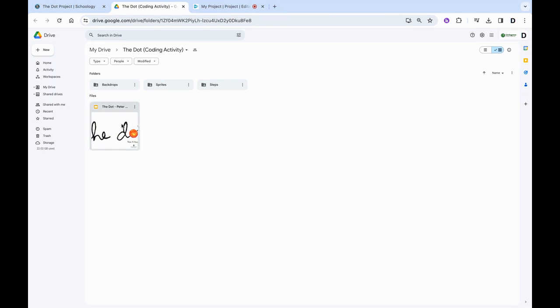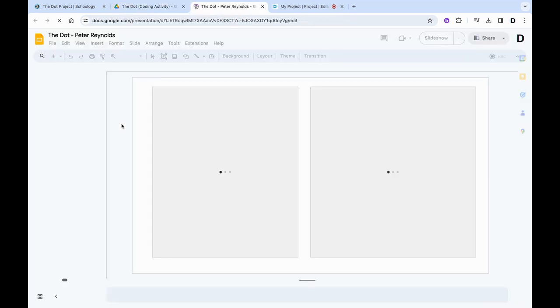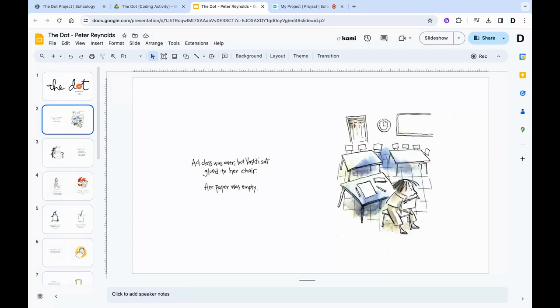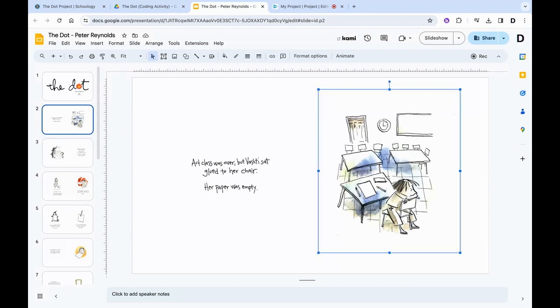So I'm going to first review what page I have to see what it looks like and what kind of sprites I need. So this is the first page of the book I'm going to be doing. So I'm going to create an animation based on this page. So I'm going to jump back to the shared folder,